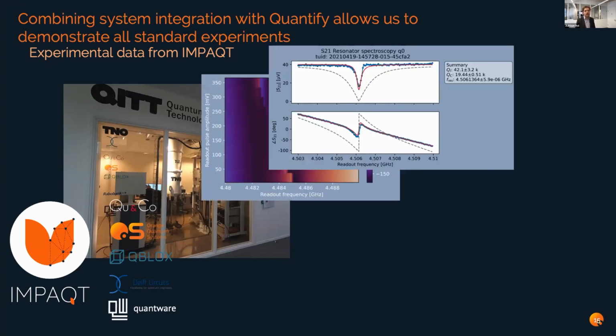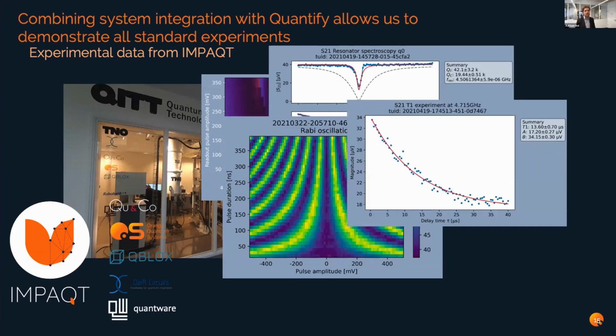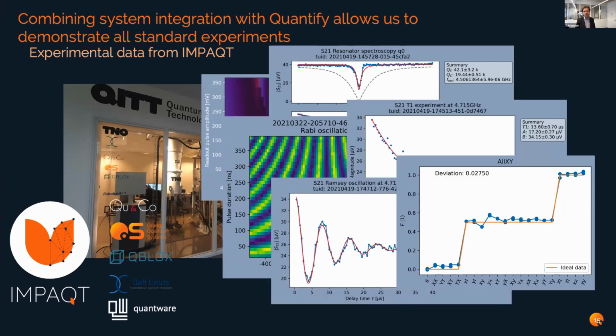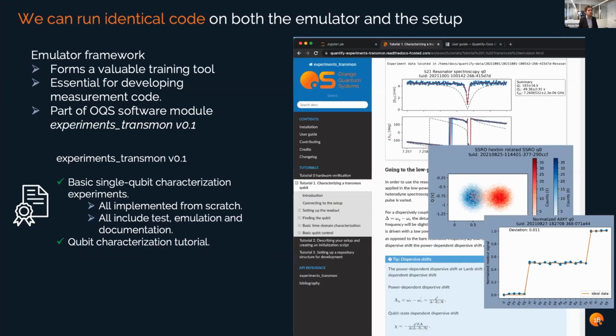And we can see here that we have all the standard things where we see coherence, we see a calibrated XY plot. But one thing that I'm also very excited about is what we did after that, because we're not doing anything new here. This is not next level science, but we're rebuilding everything from scratch. And why we're doing this is, for example, to be able to get our hardware abstractions right, and in this case, get an emulator in there. So the emulator